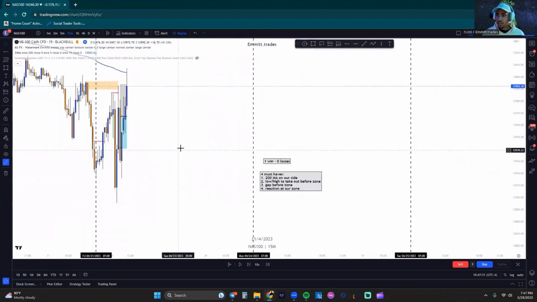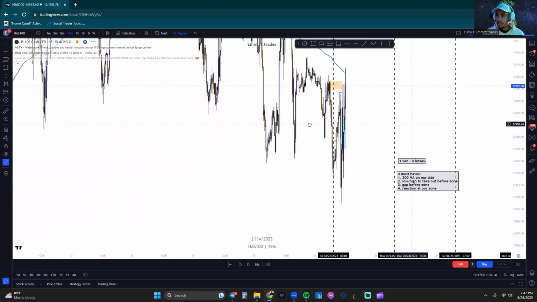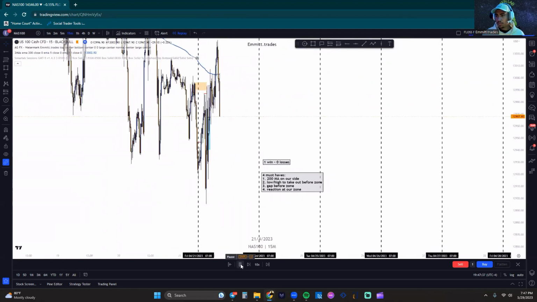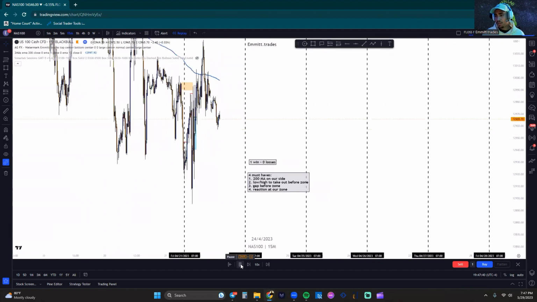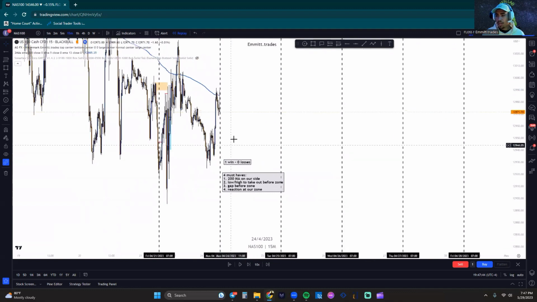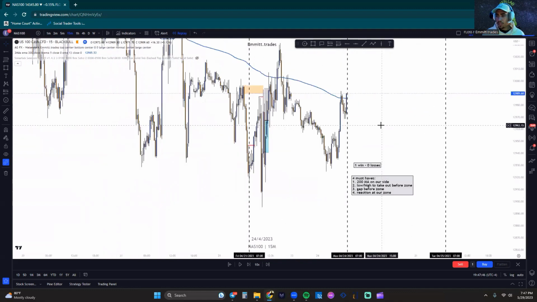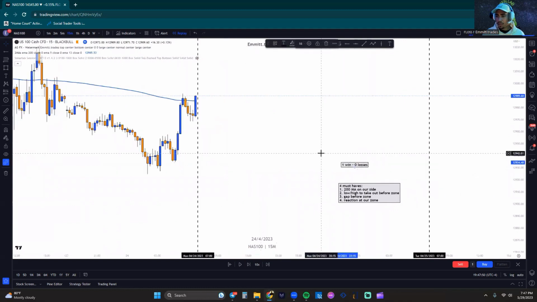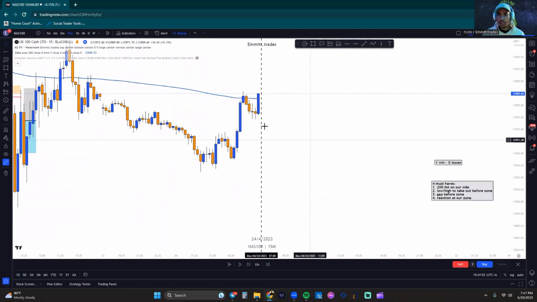We got 5 days in total here. 1, 2, 3, 4, 5. I'll just fast forward and then I'll zoom in for you guys. Don't worry. Okay, we're right at 7 o'clock again. Let's go ahead and zoom all the way in. I'll bring my rules over here so they're not in our way. And we'll start in the 15 minutes.